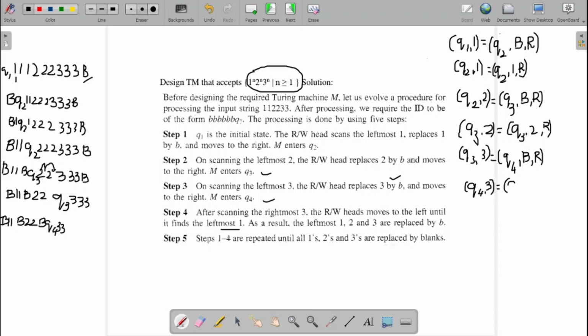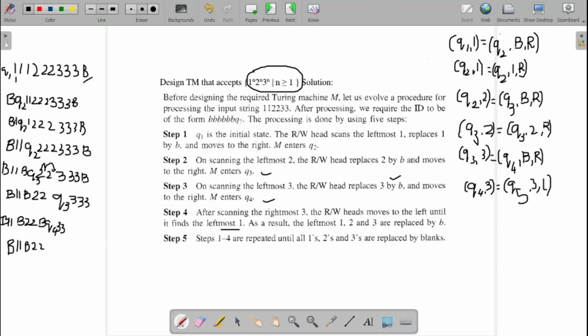So I will change the state to Q5. I won't change anything, 3 I will retain as it is, and I will make the left movement over there. So now what happens? This will be written as a blank, 1, 1, again blank, 2, then Q4 on 3 we have replaced with the left movement.